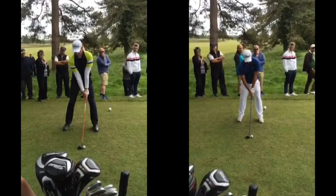Okay, so we've got a video here of Robert Karlson on the left and Alexander Levy on the right. These guys were playing together in US Open qualifying at Walton Heath. Now I've actually already done a video reviewing Levy's swing here on the right, as I say in a previous video, and in that video I mentioned that for me Levy is a good example of a modern day golf